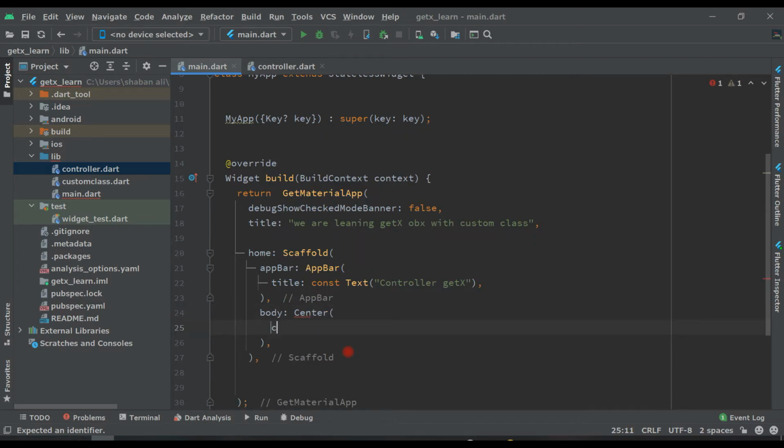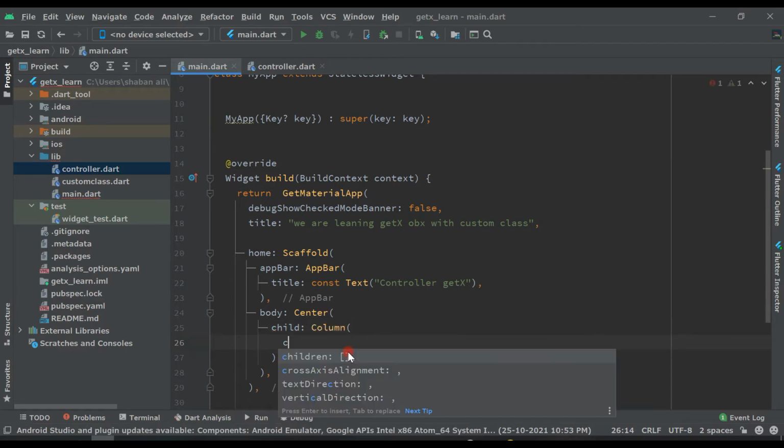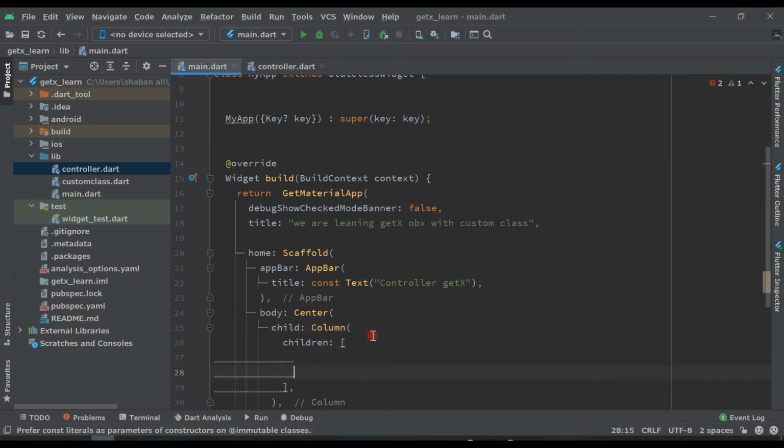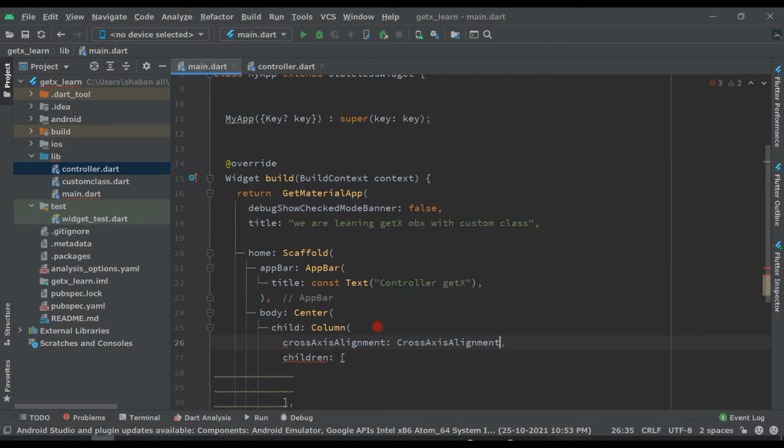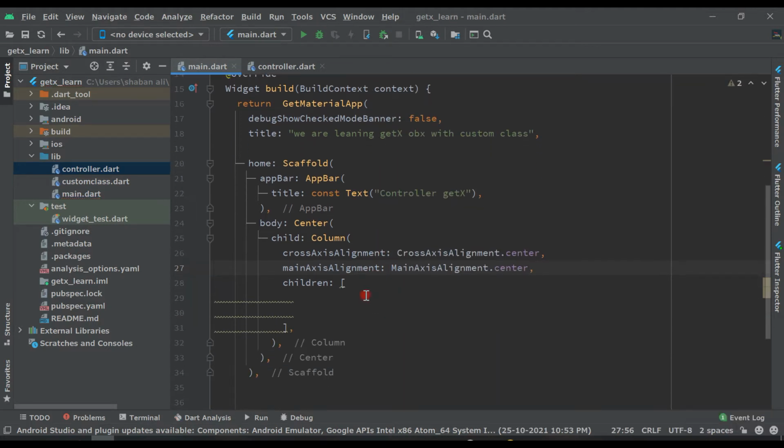Inside the center we have child and we will give a column, and inside this column we will give children, and before passing children, we have to give cross axis alignment dot center, so it will be in center, and main axis alignment also main axis alignment dot center.